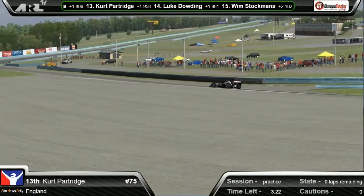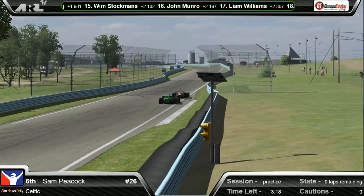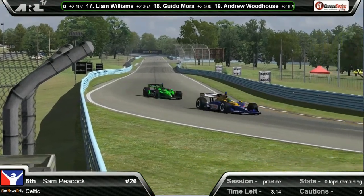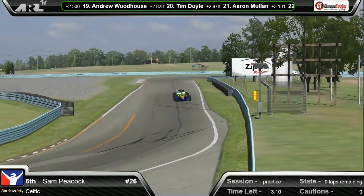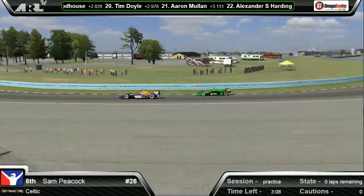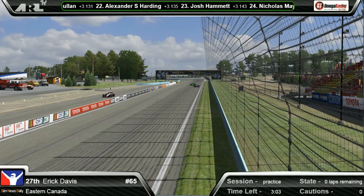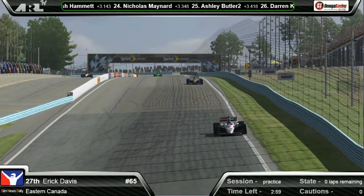A new era is about to begin for the Apex Racing League as the inaugural season of the ARL IZOD IndyCar Series kicks off with round 1 on the picturesque Watkins Glen circuit in the United States. Large grids and close racing should be the order of the day here as these powerful single-seaters blast around the 3.4 mile circuit. My co-commentator AC Simps is alongside me as usual, and AC, what can we expect from today's